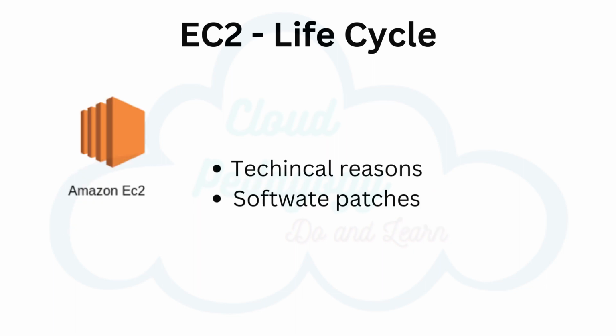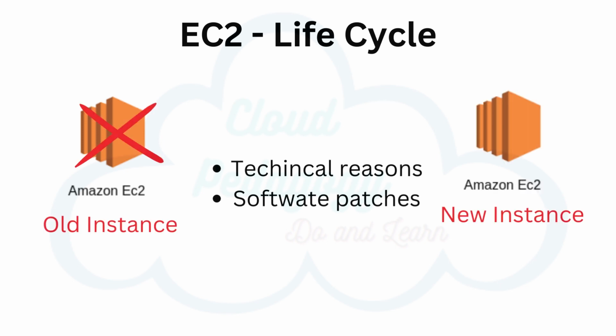If your EC2 instance is having technical trouble for one reason or another, or maybe it needs an update or a patch, instead of logging into the instance to fix it or install software, you can just launch a new one with the new changes in place, and then you could terminate the old instance, having the new one take its place. You of course can do in-place updates as well, but just know that you have the option to decide how to handle these sorts of tasks.